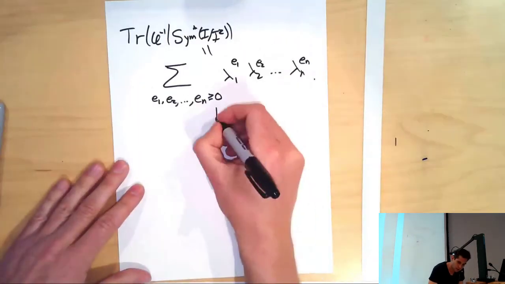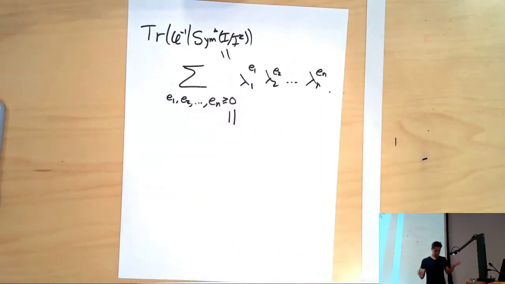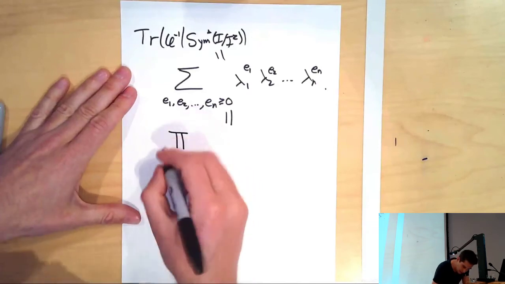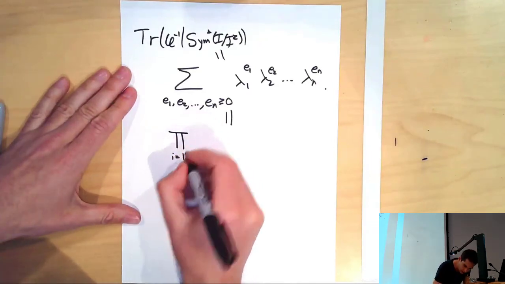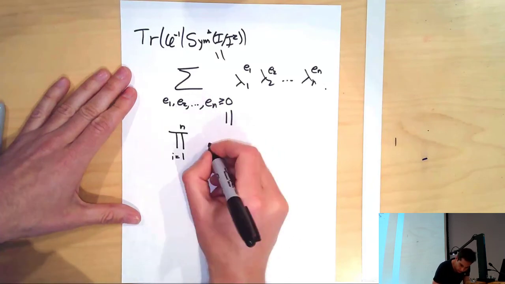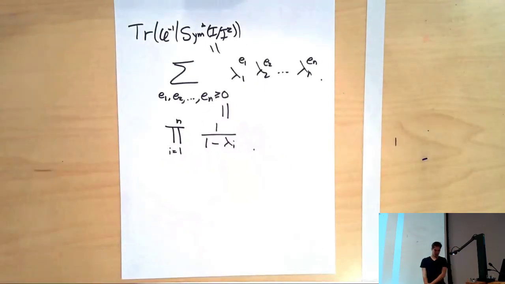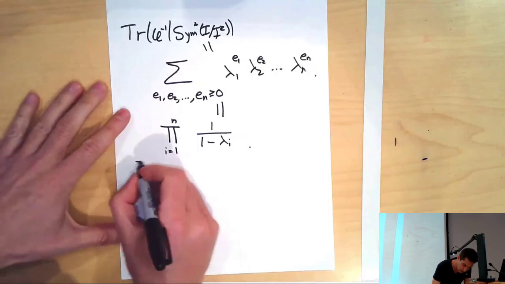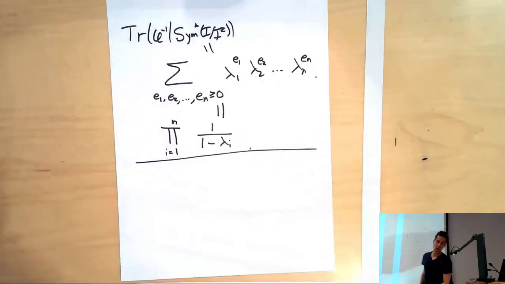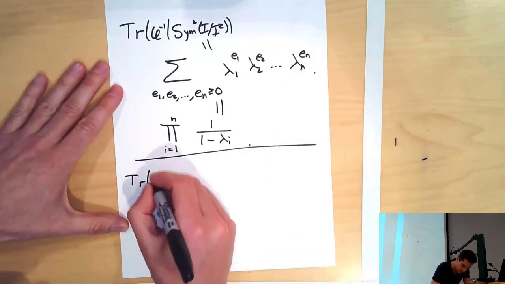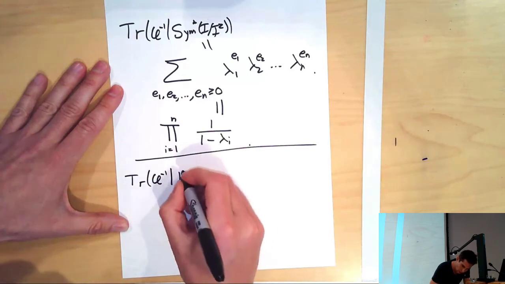And while this is a sum that you can evaluate, it's now a product of geometric series. So some elementary manipulations will tell you this is the product as i goes from 1 to n of 1 over 1 minus lambda i. But now, what are these lambda i's? Again, they're the eigenvalues of Frobenius inverse on the homotopy groups, the L-adic homotopy groups of Y bar. So let me just rewrite the conclusion of this calculation. The trace of Frobenius inverse on the cohomology of Y bar